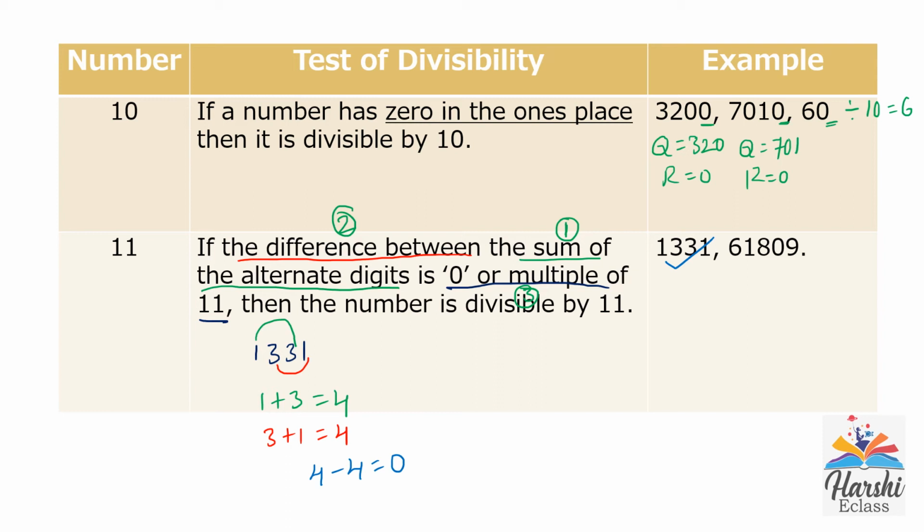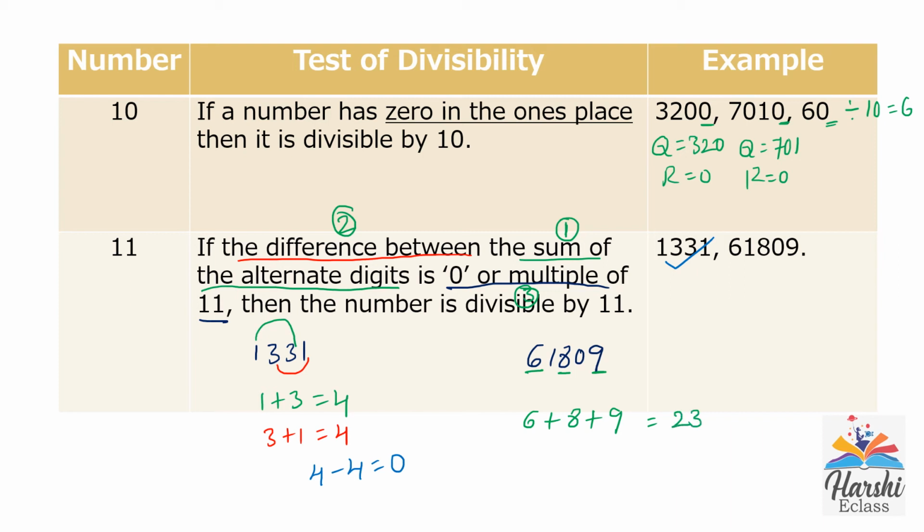61,809. First add the alternate digits. First position 6 is there and the third position number is 8. After that, fifth position 9. First, third and fifth digit. I am going to add these three digits first. 6 plus 8 plus 9. 6 plus 8 is equal to 14. 14 plus 9,